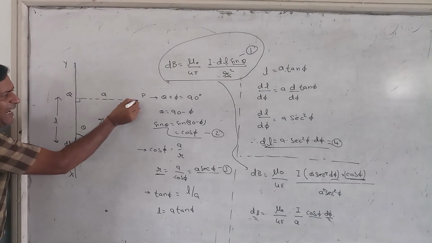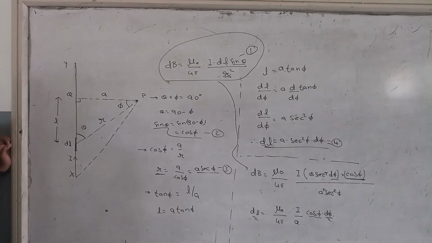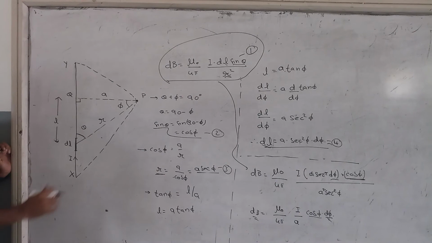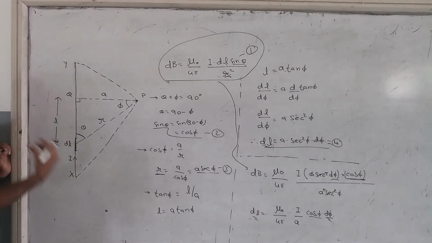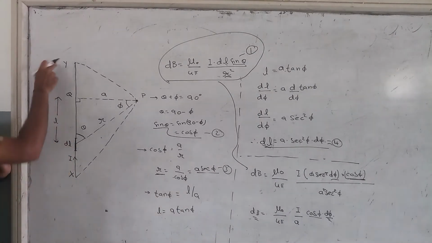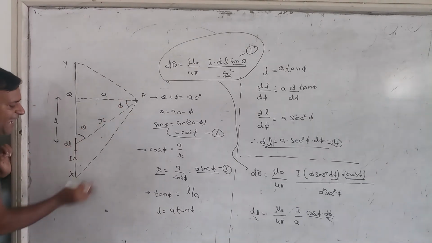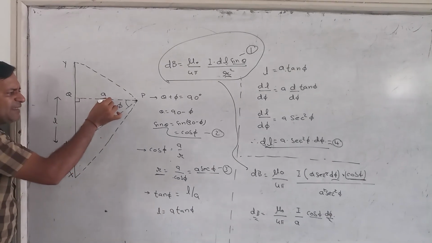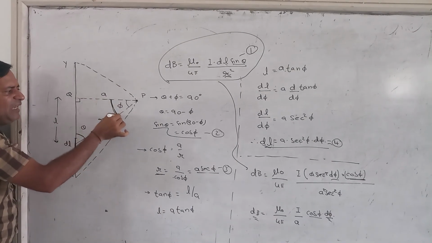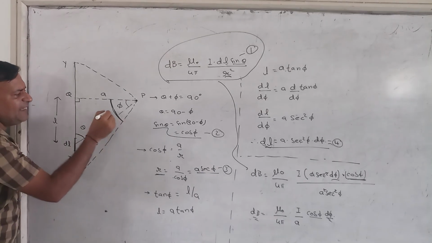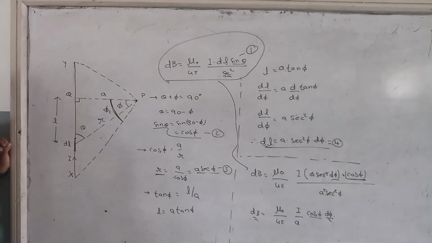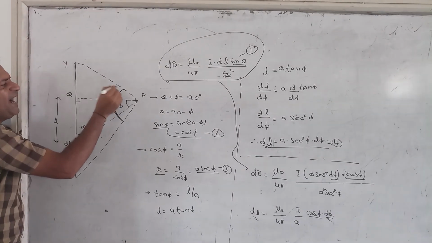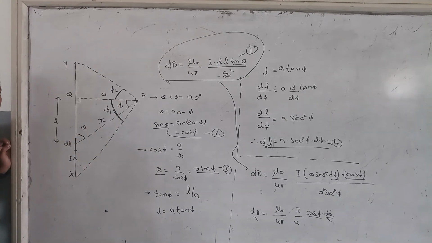Now I am drawing some straight lines from P to point X and then from P to point Y, because I have to find the magnetic field due to the complete conductor from X to Y. I have to include the angle subtended towards X and the angle subtended towards Y. So now mark this full angle. This angle is equal to phi 1, and this angle, you take it as phi 2.